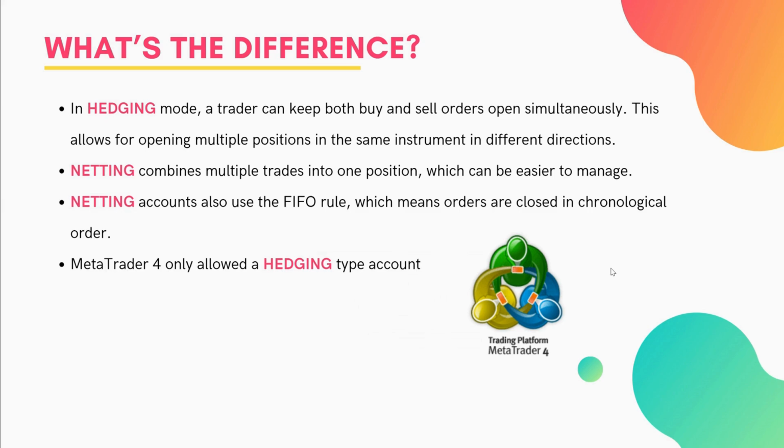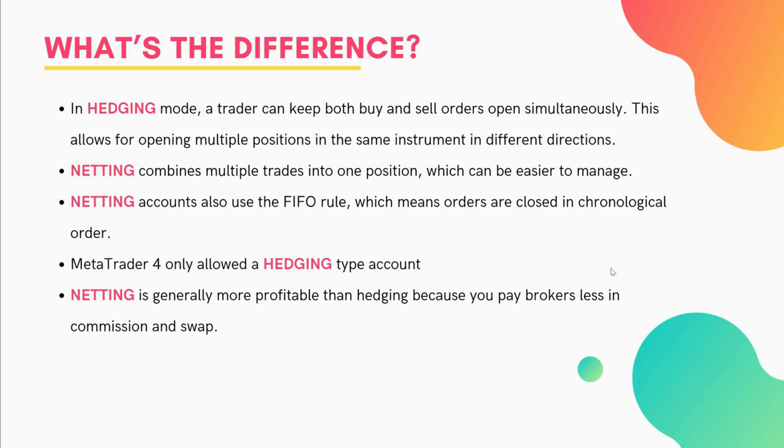And as I said before, MetaTrader 4 only allowed hedging, which is why this section of the series was easier in MQL4, because we only had to look at taking ticket numbers and individual orders that we put in place. But in MQL5, one of the advancements they did make was to include netting, and it is generally more profitable because